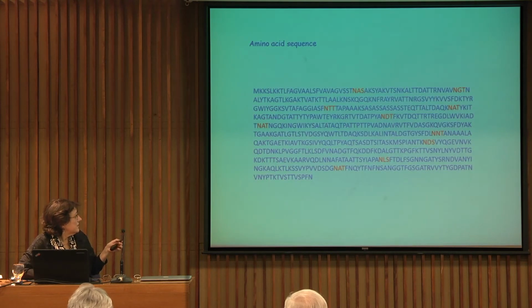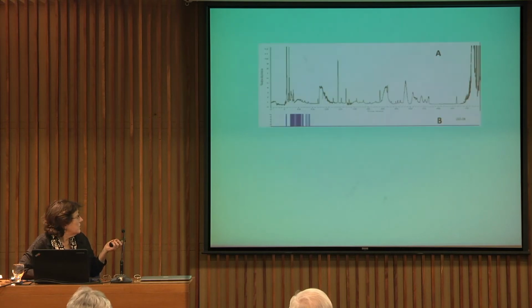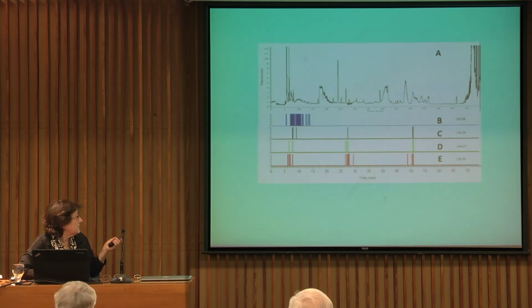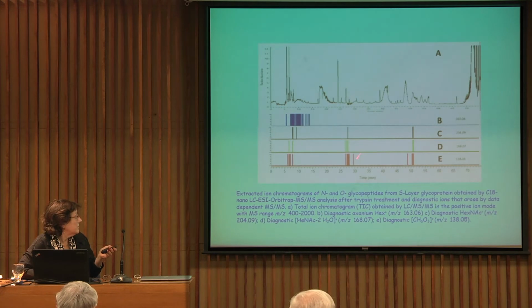But when we looked into the sequence, we could detect that these Lactobacillus have a lot of putative N-glycosidic sites. And N-glycosylation had not been determined in Lactobacillus. So we looked into the HPLC ESI analysis, looking in this case for diagnostic ions of N-acetylhexosamine or N-acetylhexosamine without water, dehydrated. And we could determine 3 regions where these diagnostic ions were detected in the MS-MS. So looking into these regions,